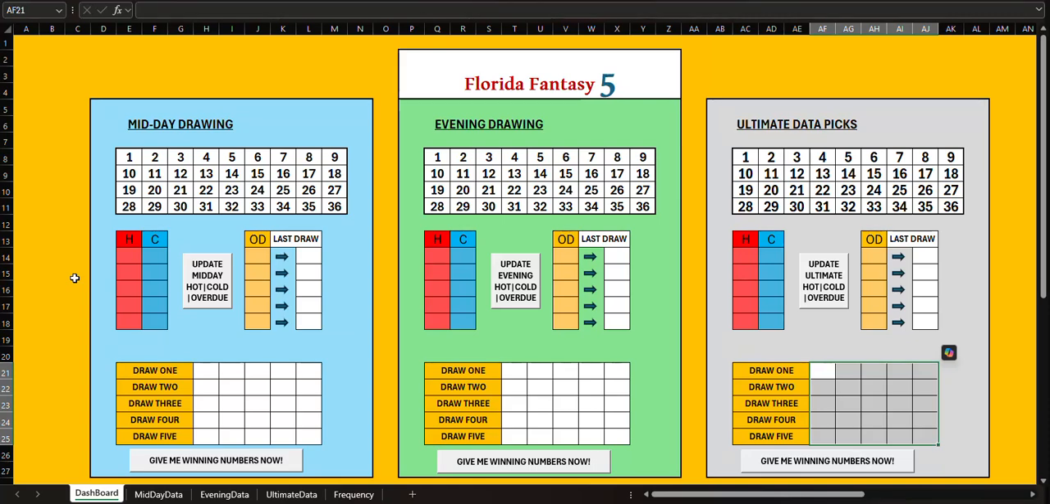I got a new special spreadsheet for you guys. It's called Florida Fantasy 5. If you live in the state of Florida, I know a lot of people like to play the Fantasy 5 game, which the Florida Fantasy 5 game is really